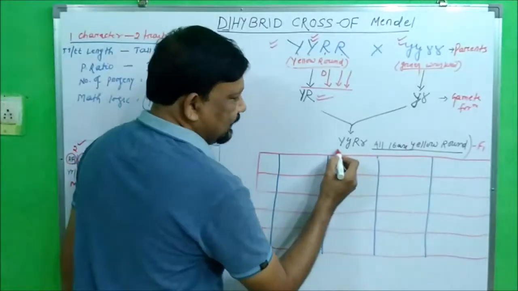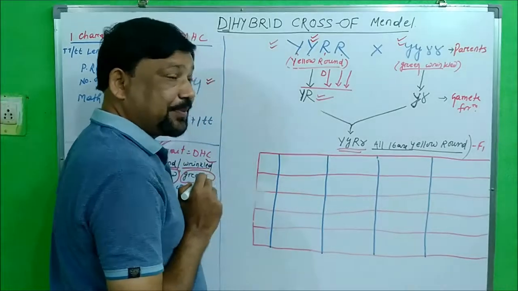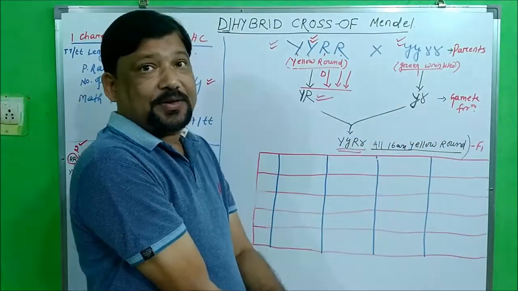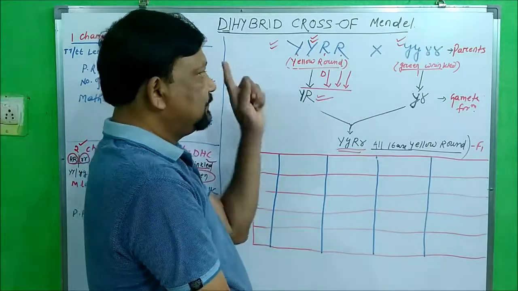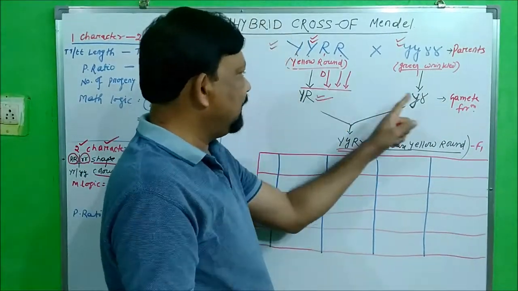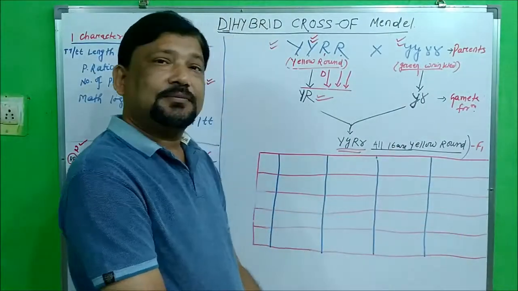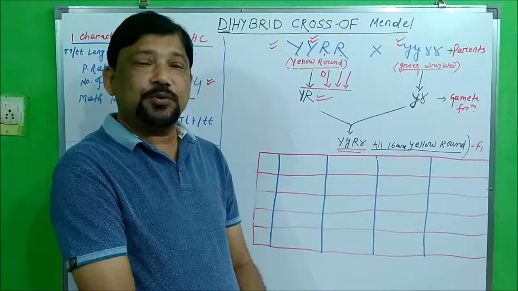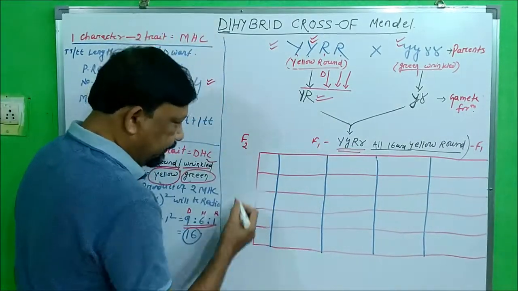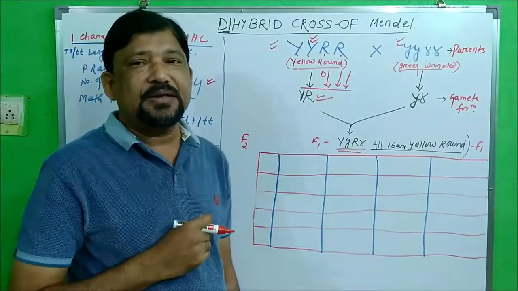Now the product is, there are 16 product will come, 4 into 4 because it is a cross product of two monohybrid cross. So 4 into 4, the 16 offsprings will produce in, this is F1 also 16, and in F2 also you will get the same 16 number